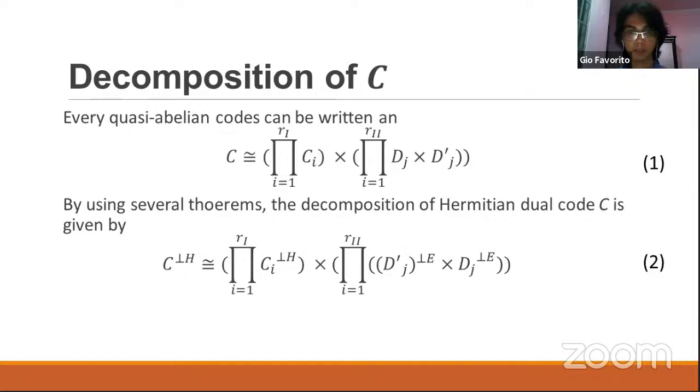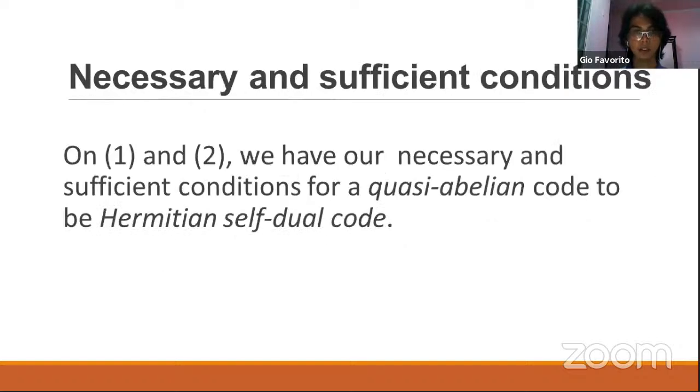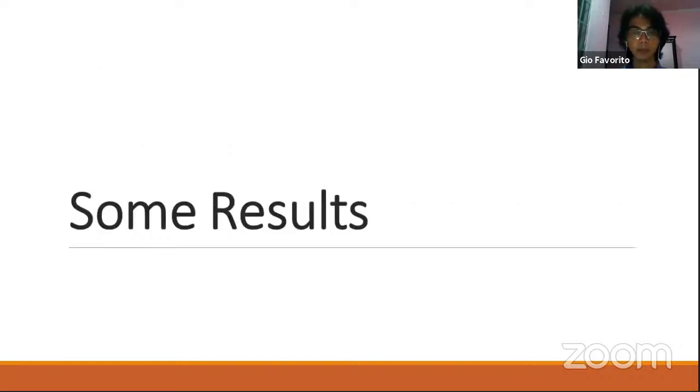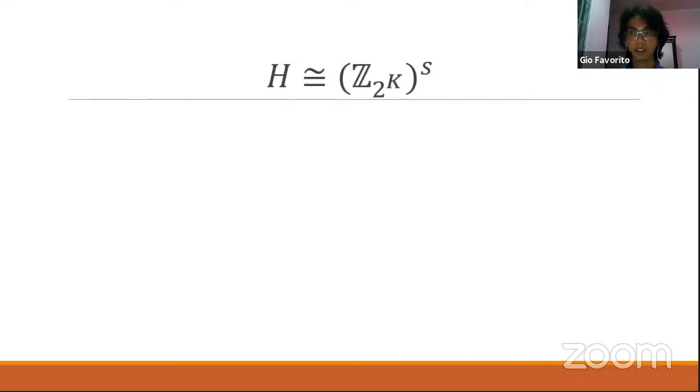Pero this time dumaan muna siya sa definition natin kanina na Hermitian self-dual code. Ayan, yun yung necessary and sufficient condition natin, yung pag-convert natin ng quasi-abelian code to Hermitian self-dual code. So, yung some results ng paper na yon,